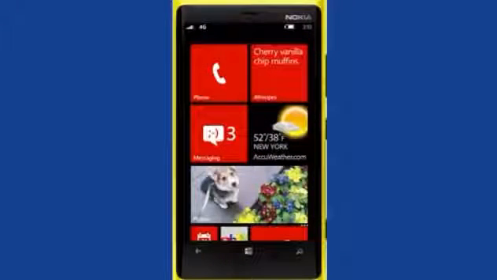Here's another example we made that's a lot more simple and direct, reminiscent of the Windows Phone 7 visual look and feel with a focus on the